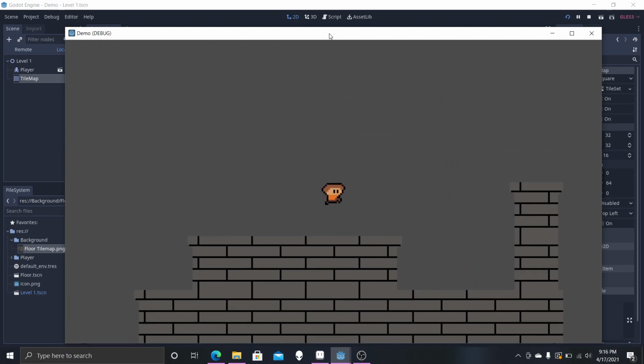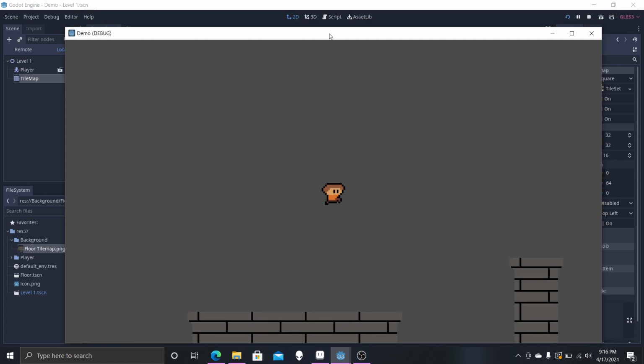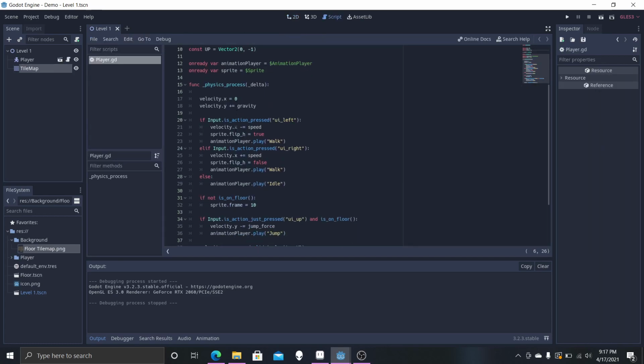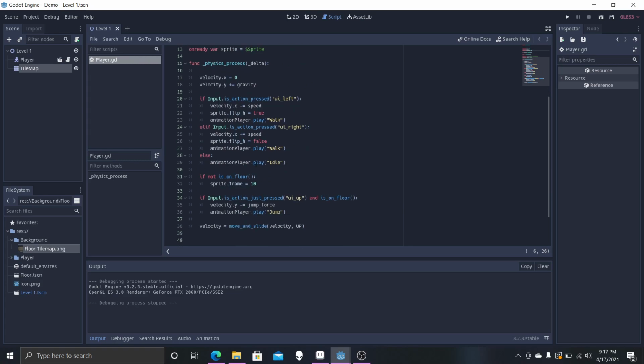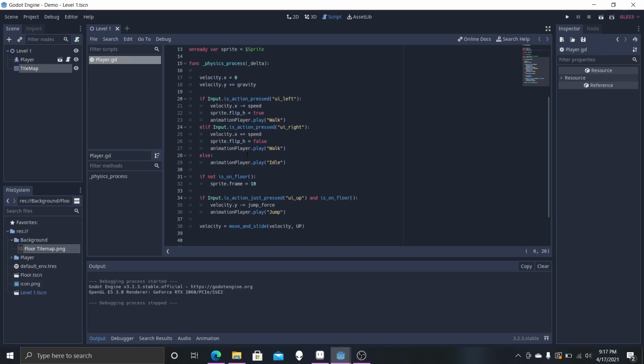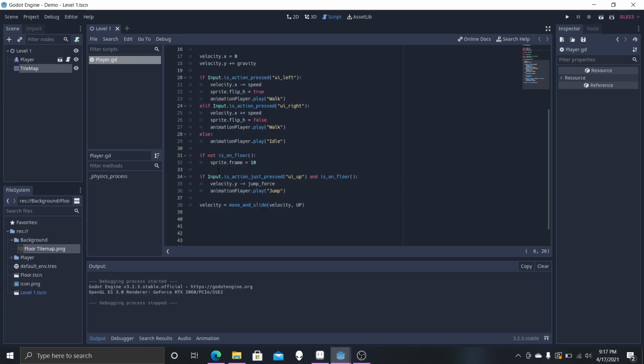Now you see when we do jump in the air that our character is glitching a little bit. We're actually going to go fix that right now. I did mention it in the last video, but I did forget. So we're going to go into our player script, and right here in our play idle, we're actually going to delete this else and say if